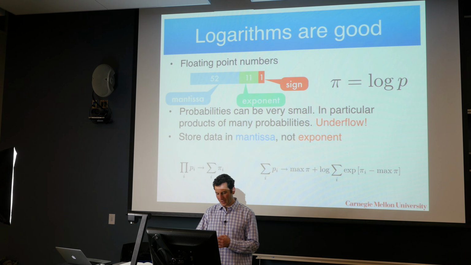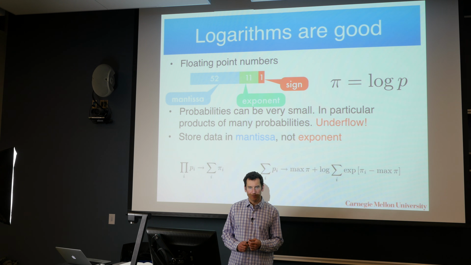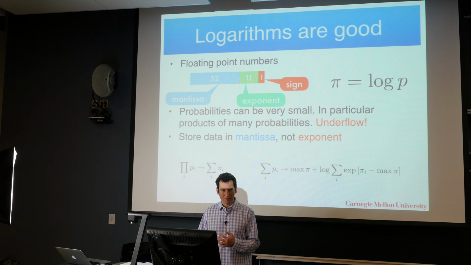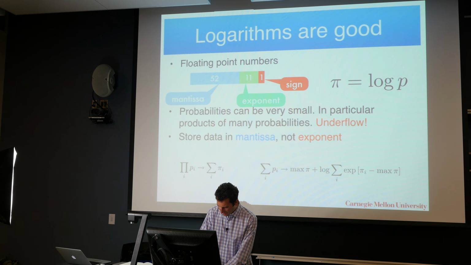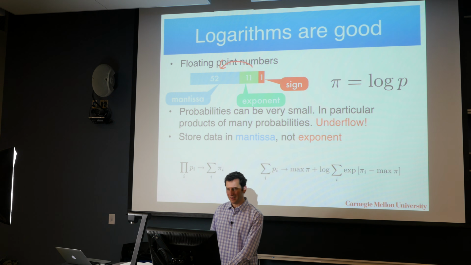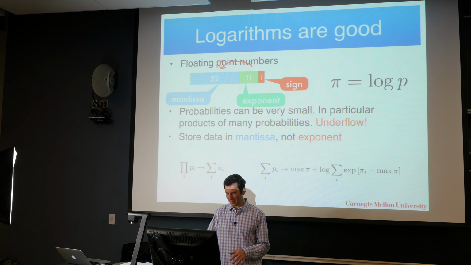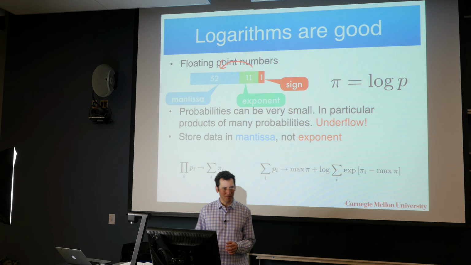Now, there's a very easy way how to deal with this. You basically don't store probabilities, but you store the logarithm of those probabilities. Because in that case, the exponent now moves over into the mantissa. So if you have really large numbers like 10 to the 100 or something very small like 10 to the minus 200, all of a sudden you now have, let's say we take log base 10, you're basically dealing with numbers between 100 and minus 100. So this is much, much easier to deal with, and we don't need the sign anyway. So we're making extra use of this.